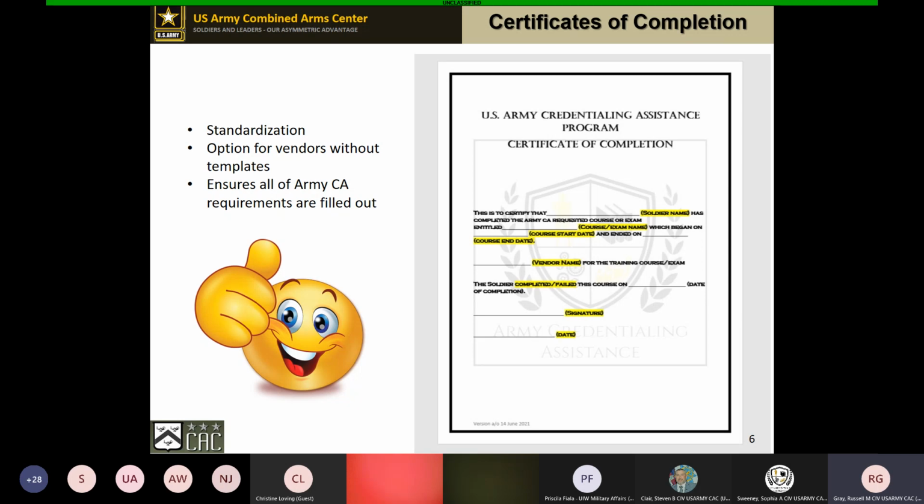Like I said, we make sure you hit all those high points, and we know who it goes to, what they took, when they completed it, who they took it through, whether they passed or failed, and the date they completed it. Again, this is a great resource that we've created for you. We will be sending this out to you via email at the end of our training, so each and every one of you will have a copy. Any questions there before I go on to the price quote?